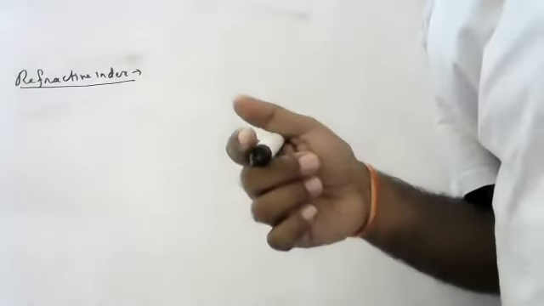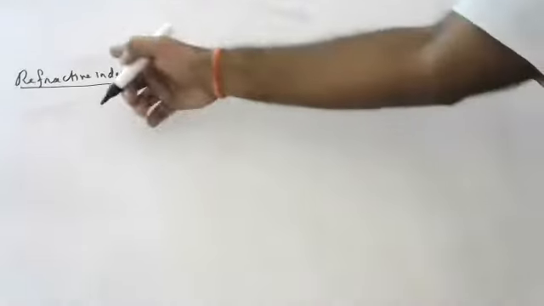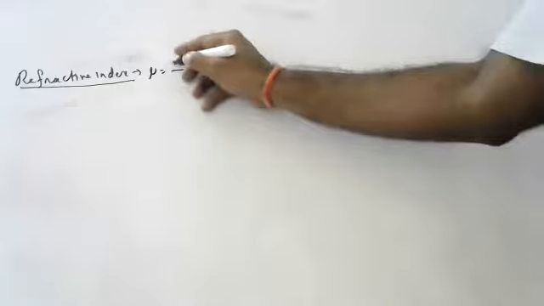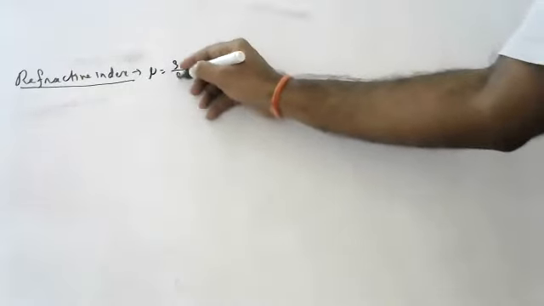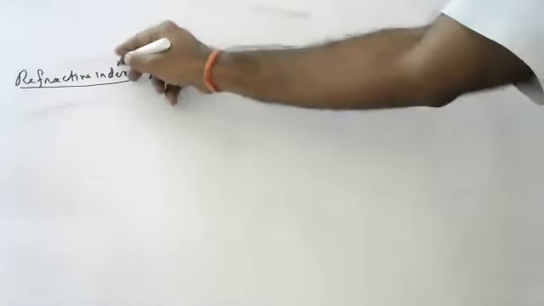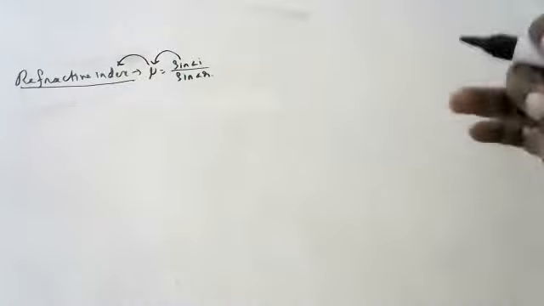In the laws of refraction. What is that called? Snell's law, children. We studied refractive index in Snell's law. We studied mu is equal to the ratio of sine of angle of incidence to sine of angle of refraction, which is constant. This constant is called refractive index. Refractive index in light means density.